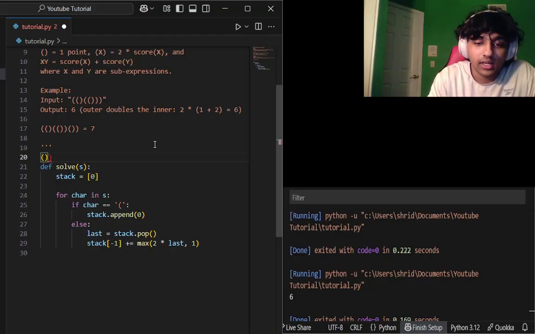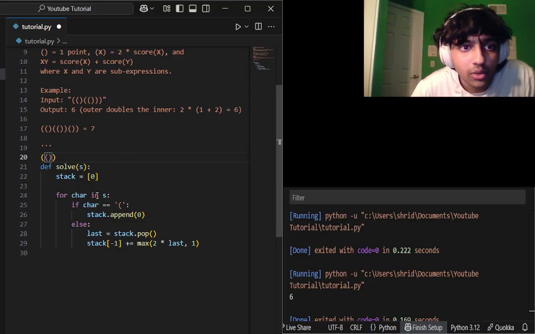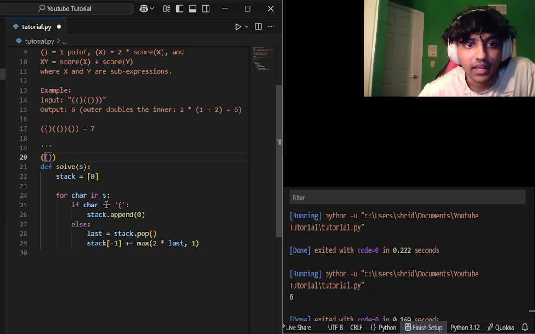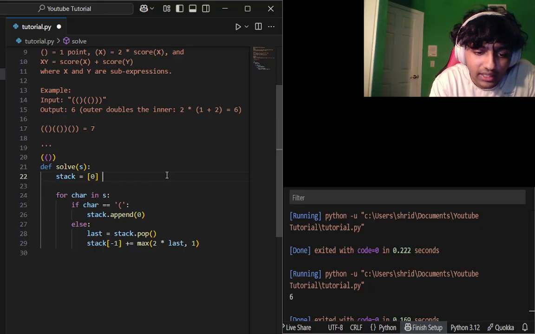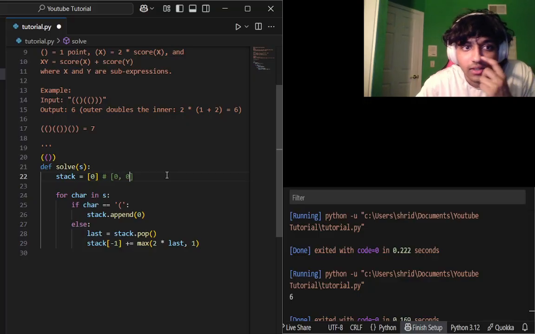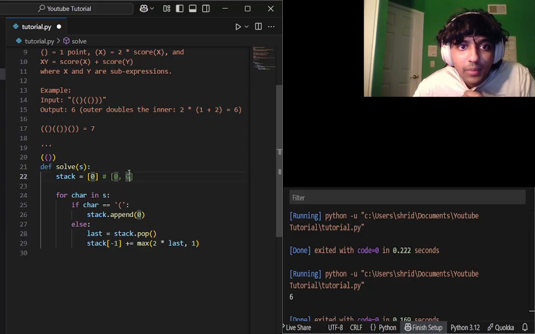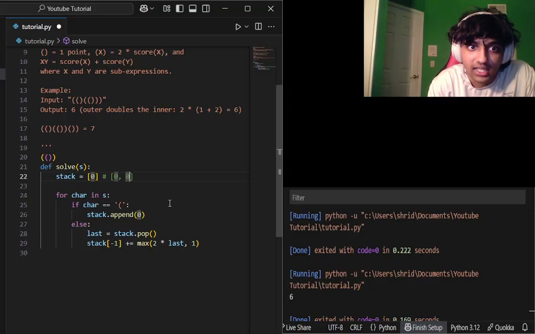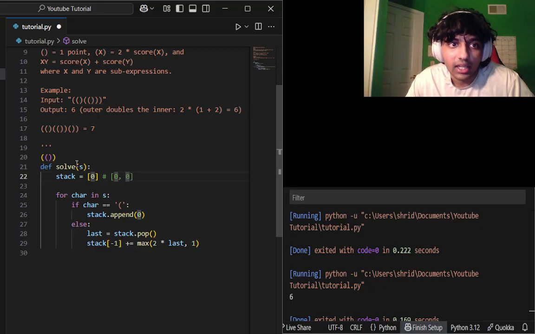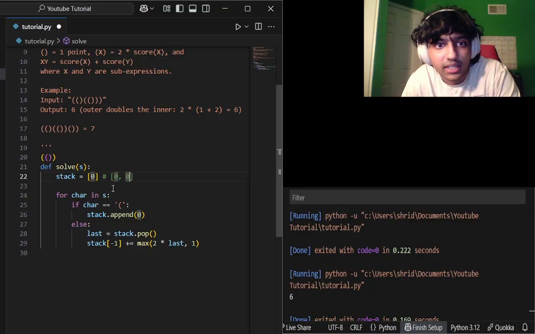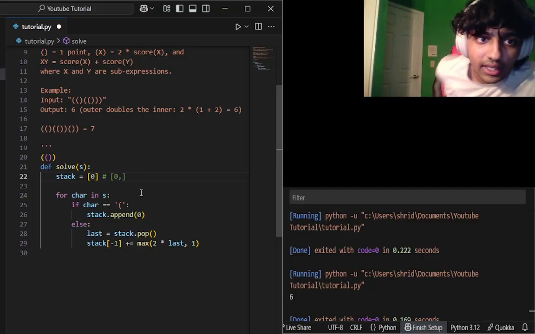If we add another, if, for example, we had this instead, what it would do is that the first character would be a left parenthesis, so we're going to be appending a 0 to the stack. It's a little bit hard to do something like this, but if we say like 0, and then it would append another 0, but then once it got to this place, what it would do instead was simply pop out the last element, which is going to be a 0, and then it's going to be